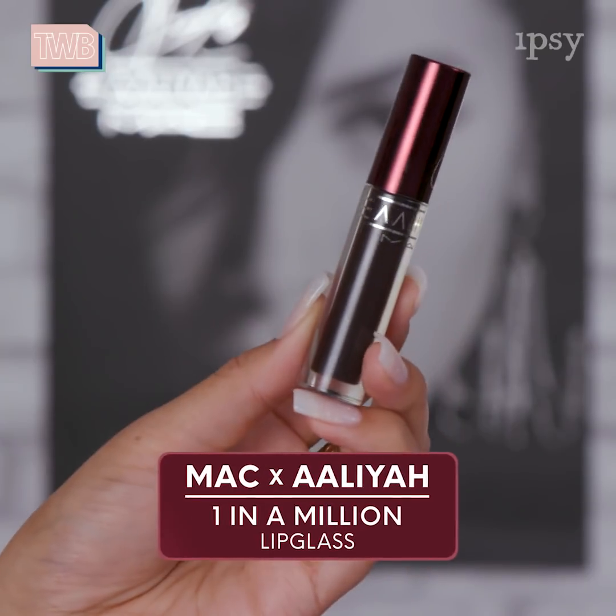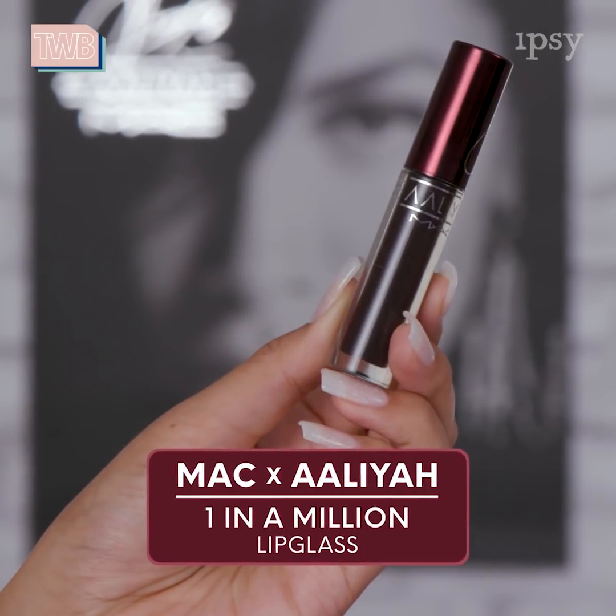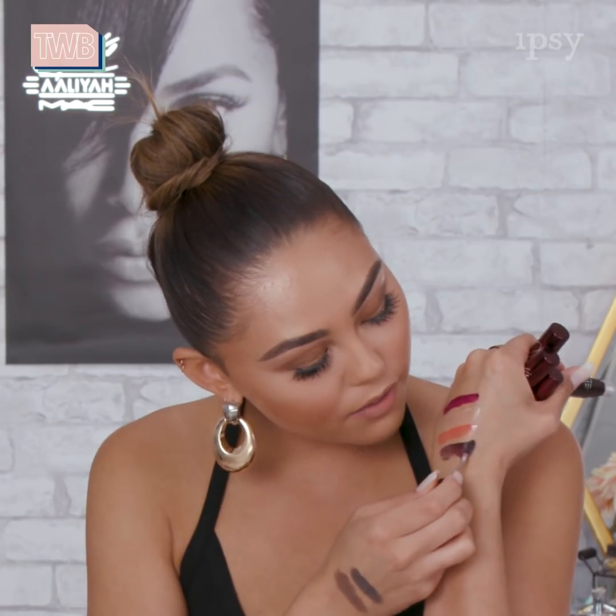I can just imagine a bronze eye and this on the lips, super duper pretty. And then the last shade right here is called 1 in a Million, and this one is a deep, rich purple gloss. So it's probably the deepest of the shades, but still such a beautiful color to add to the